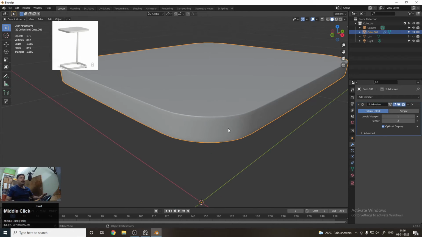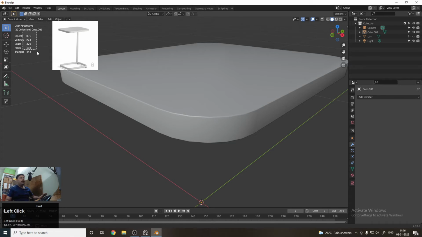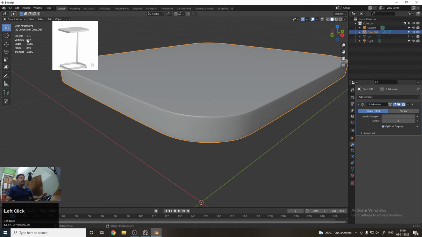You can see that when we have added the subdivision modifier, there are changes in our poly counts. If you want to remove this subdivision modifier, just click on this cross button, and you can see that our poly count has decreased. I am again adding the subdivision surface to our object. Click on it and it will get added.